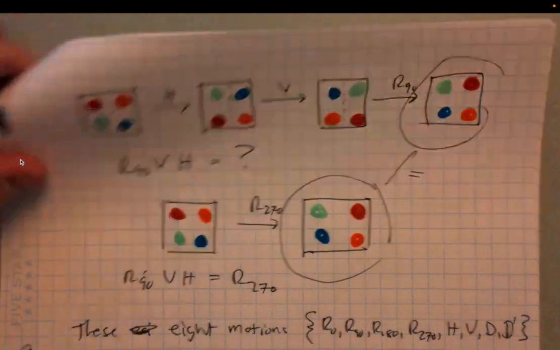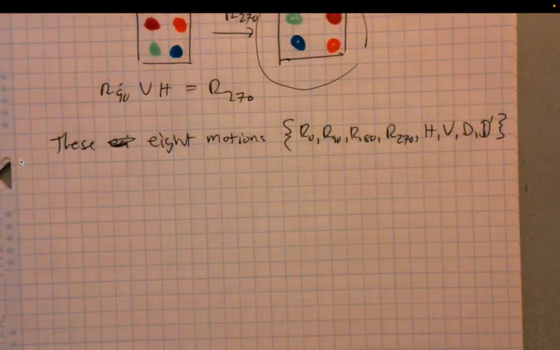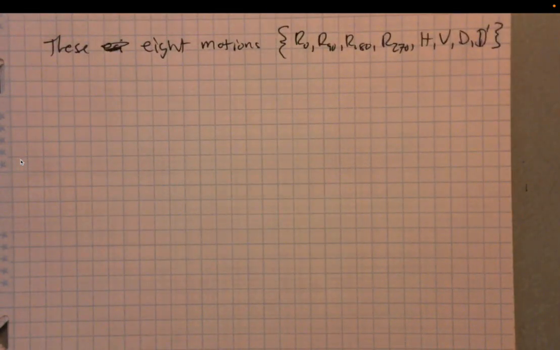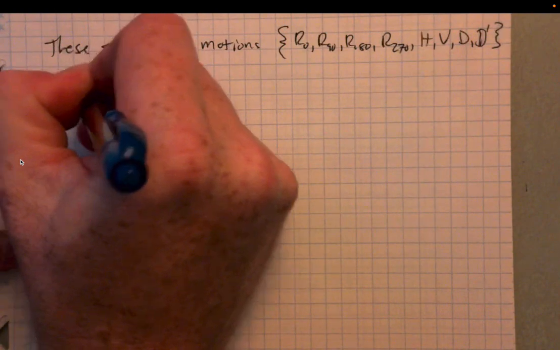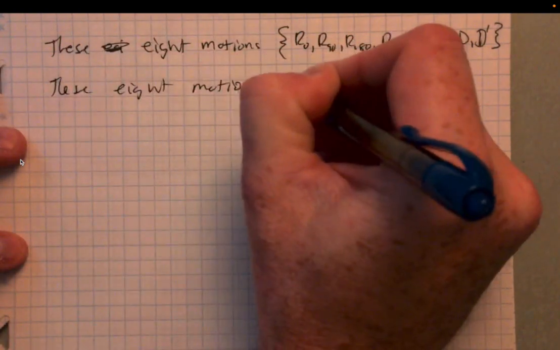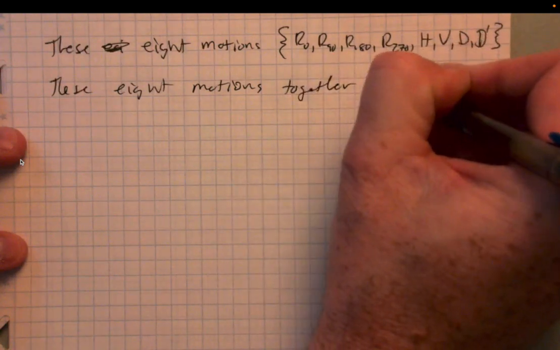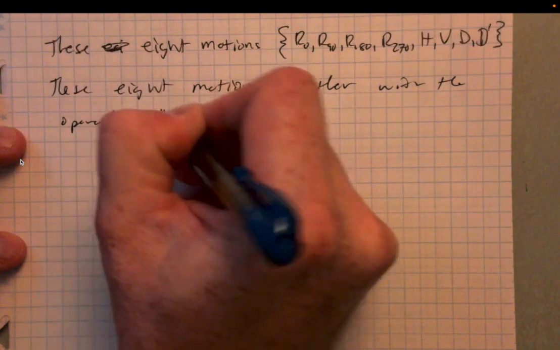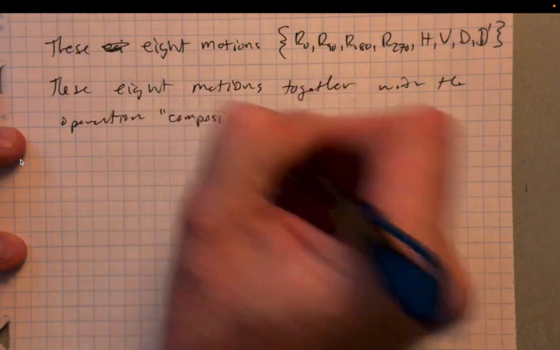These 8 motions, together with the operation of composition, meaning you can combine them,